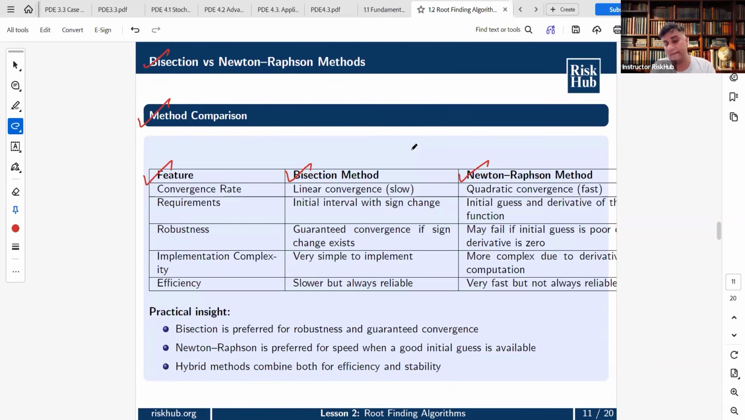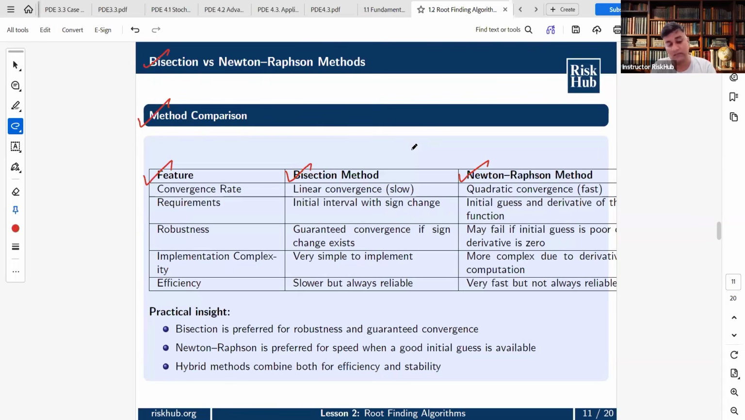Needs derivative: in bisection no, Newton-Raphson yes. Needs initial interval: in bisection yes, Newton-Raphson no. Needs initial guesses: in bisection less sensitive, Newton-Raphson very sensitive. Reliability is very high in bisection, Newton-Raphson medium. Failure risk is low in bisection, higher in Newton-Raphson. Finance use: bisection is a safe fallback, Newton-Raphson is a fast production solver. And then when you compare linear versus quadratic convergence, bisection